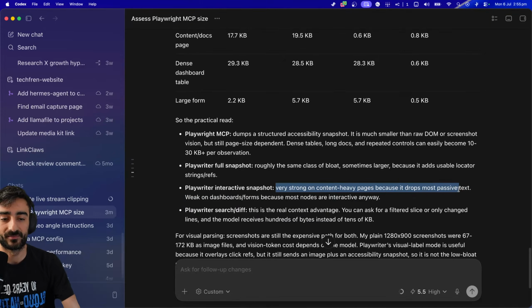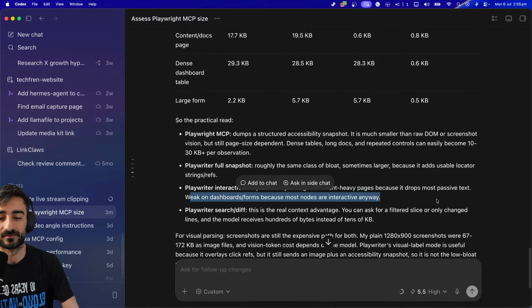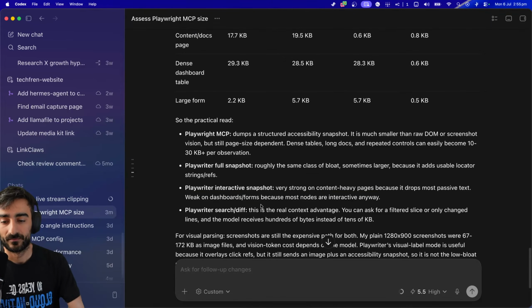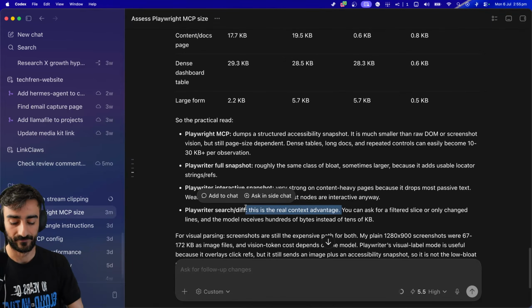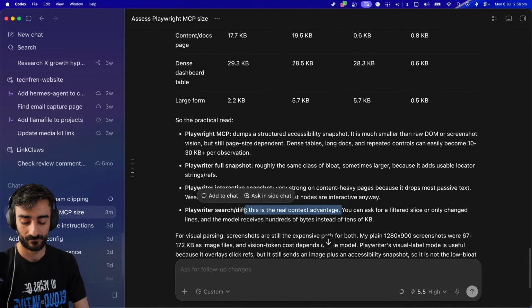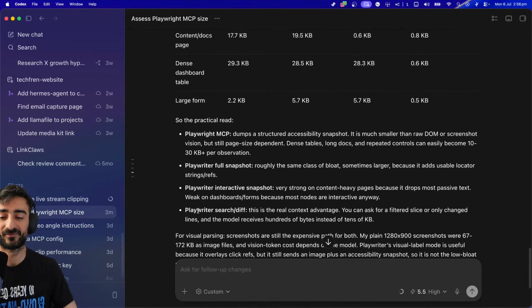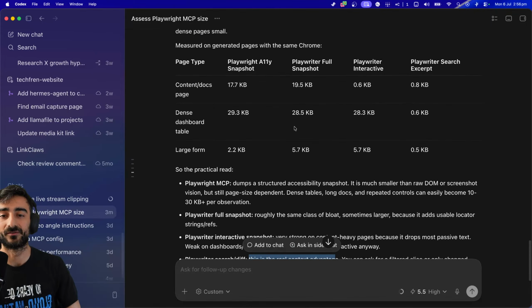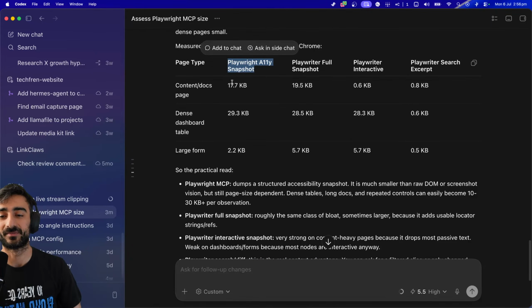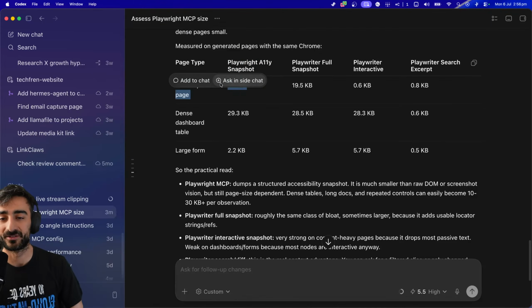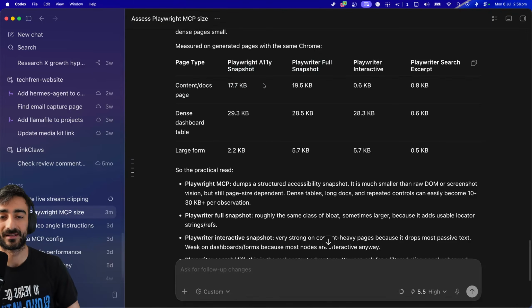It drops most passive text. It is weaker on dashboards and forums. Search diff is the real context advantage. So apparently with Playwright search diff, this is where you get a real context advantage over Playwright with a W. Playwright might be cheaper, marginally less context on the full snapshot. But if you're using search excerpt,